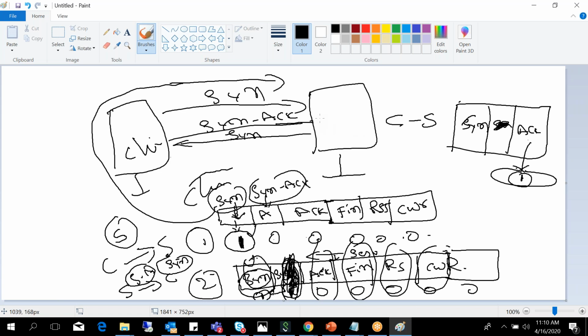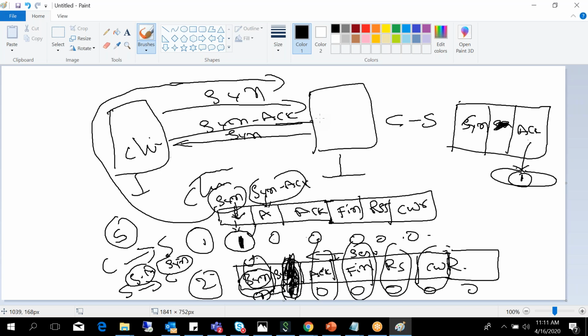Confusion still? No. So every time you are sending data while establishing the connection, the first packet is a SYN packet. It will be set to 1 and then sent to the server.